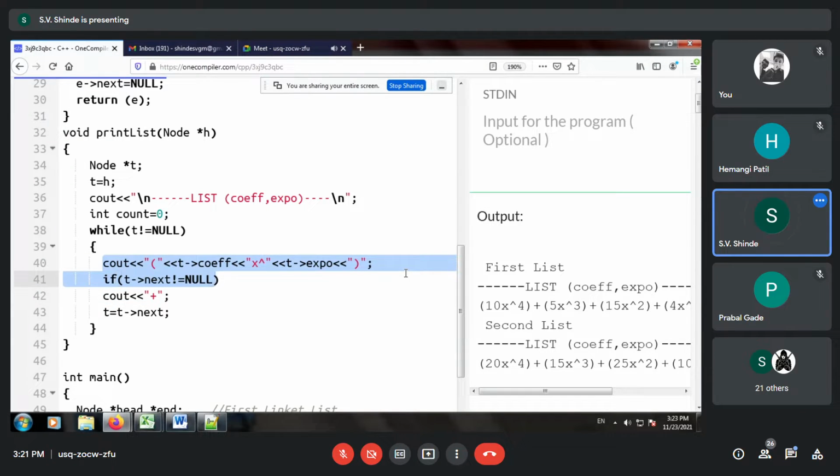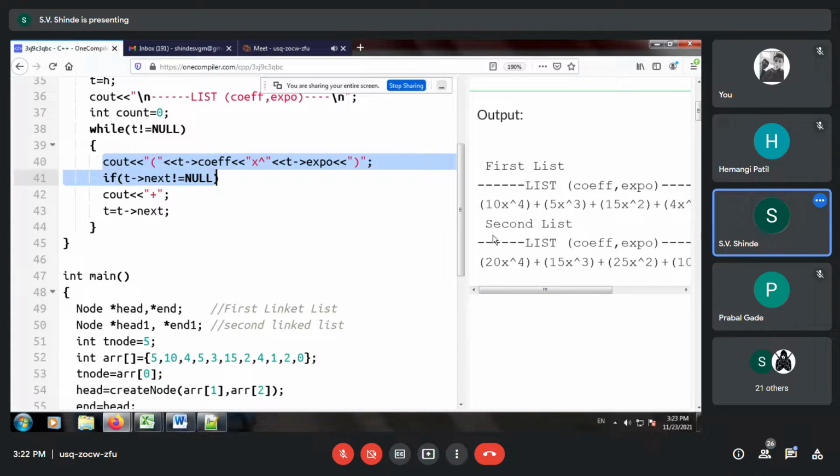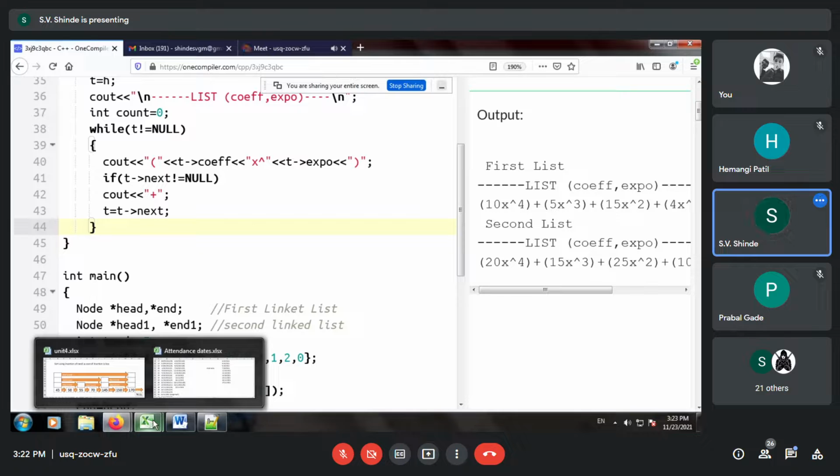So yesterday we worked with this program where multi-list was discussed. Now in today's topic we will discuss the sorting concepts and searching.